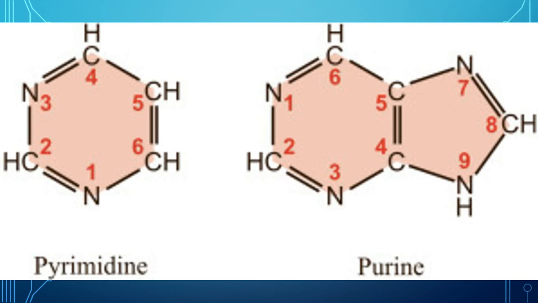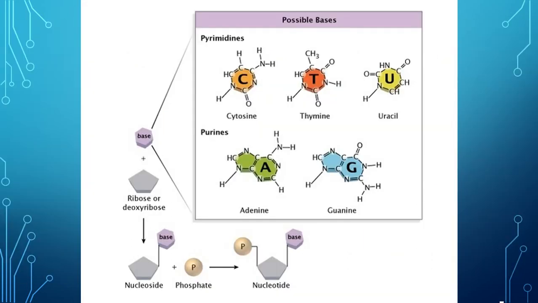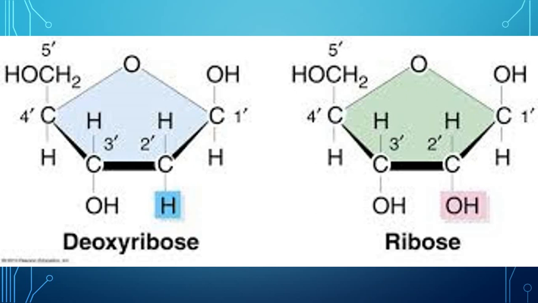In this picture you can see the detailed chemical structure, how the molecules are arranged in pyrimidines and purines. In case of pyrimidine, the single ring structure, it contains nitrogen at the 1 and 3rd position, whereas in case of purines, as it is a double ring structure, it contains nitrogen at the 1, 3, 7 and 9th position. So this is the detailed chemical structure or the arrangement of atoms in case of cytosine, thymine, uracil, adenine and guanine.